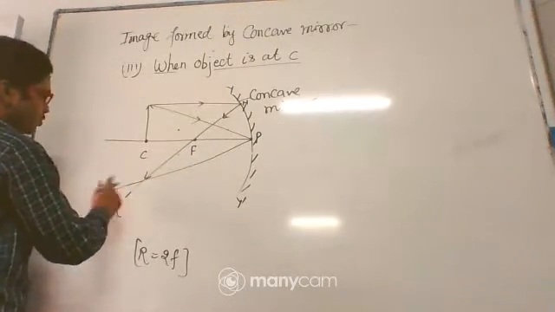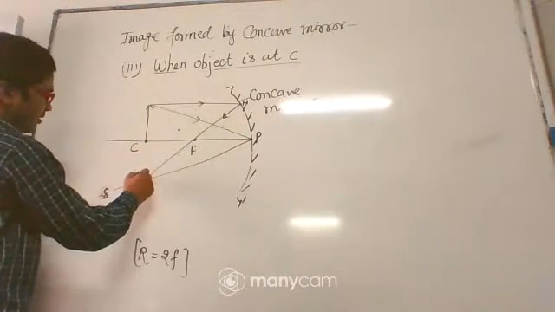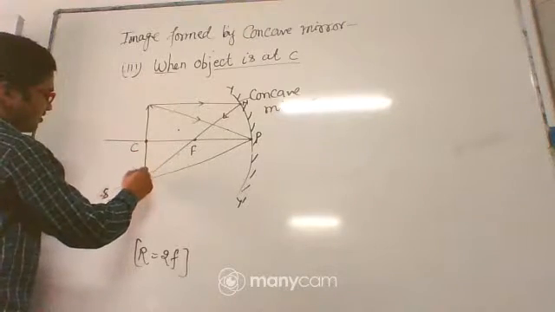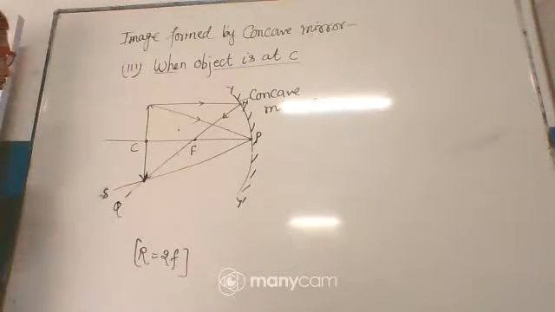So you can see these two light rays intersect in reality at this point. So this is the point of intersection